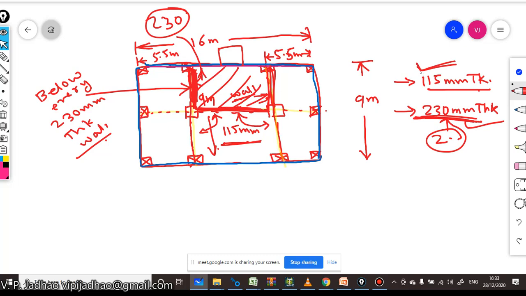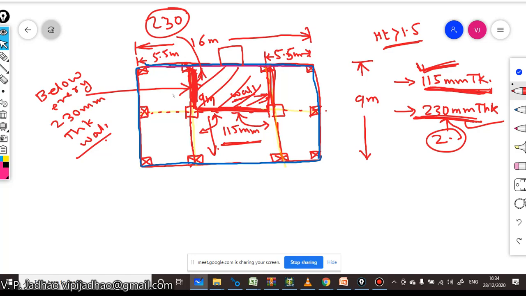And if we have walls more than 1.5 meter in height, and the thickness is 115 mm, then again we will provide a beam below that particular wall, because the slab is generally designed for surface load, that is load in kilonewton per meter square. So whenever there is a wall having height more than 1.5 meter but thickness of 115 mm, you should also provide some beam below that wall.